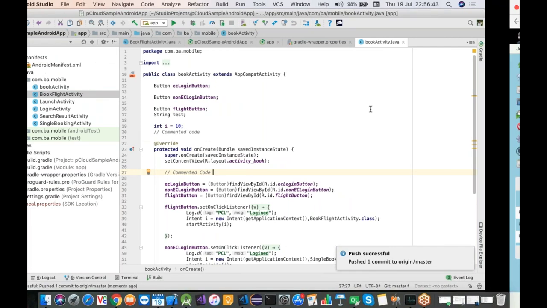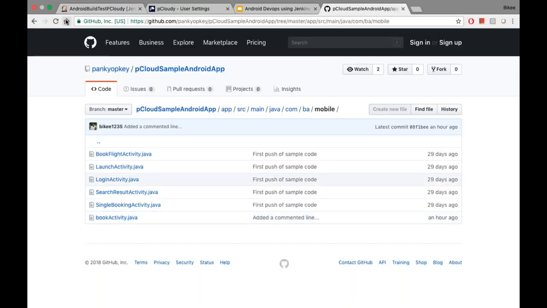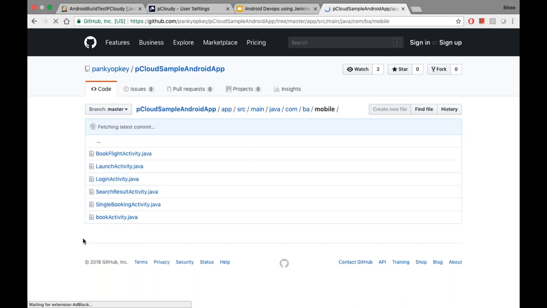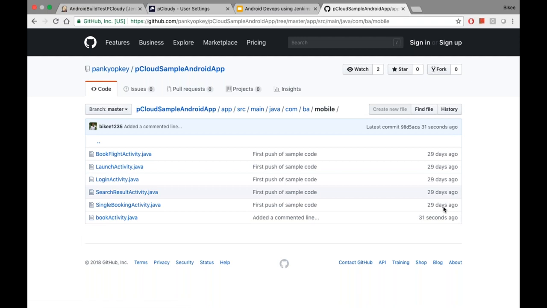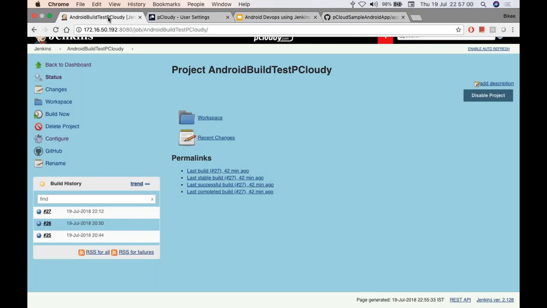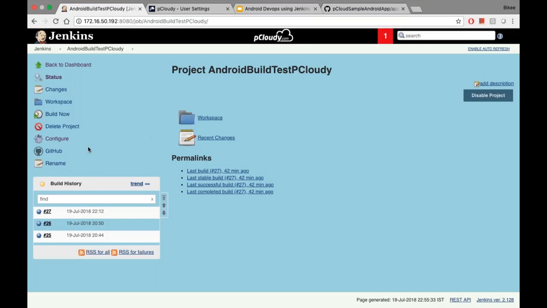Let's go and check the Git project. I'll let it refresh for some time, and yeah, there you go. It shows that there has been a code change 31 seconds back. This was the code change that we did. So now the next step is I'll go to Jenkins and I'll just say build now. Ideally, I would have configured it to run on a schedule, but since this is a demo, I can just show the build now here. So I ask it to build now,